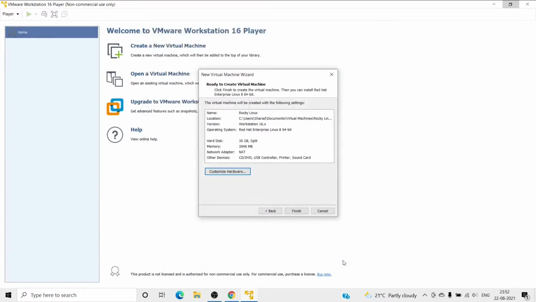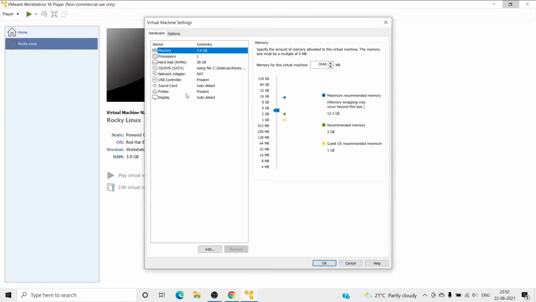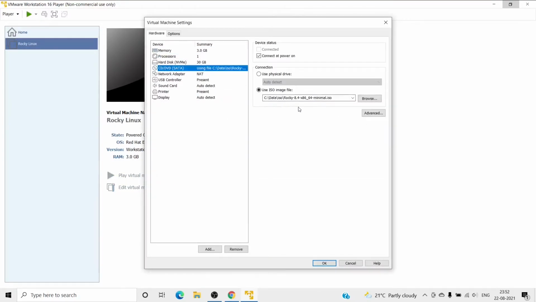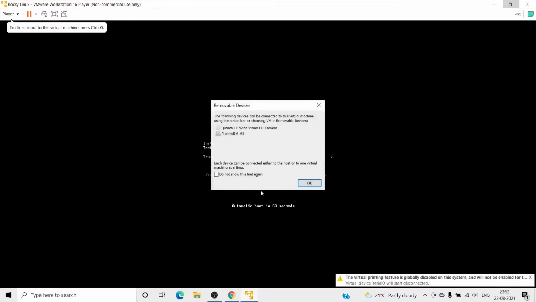Now click on close and you can see this is the new summary here. So let's create the virtual machine. Right now the virtual machine is created, and if you want to change anything again, you can go to edit virtual machine settings. Because we have already defined the ISO file location here, we can directly click on play virtual machine. Click on the play virtual machine link and you will see